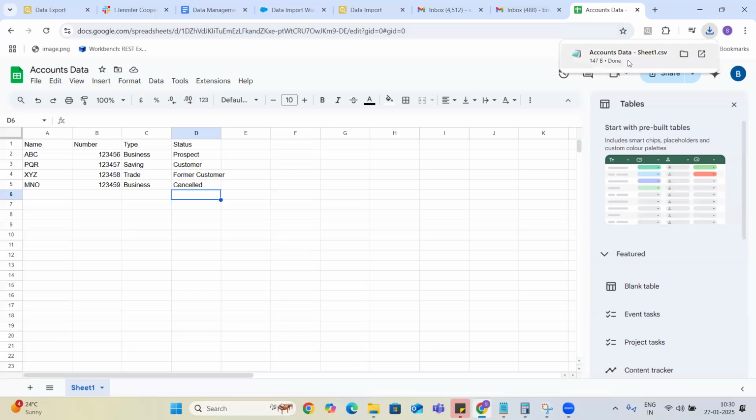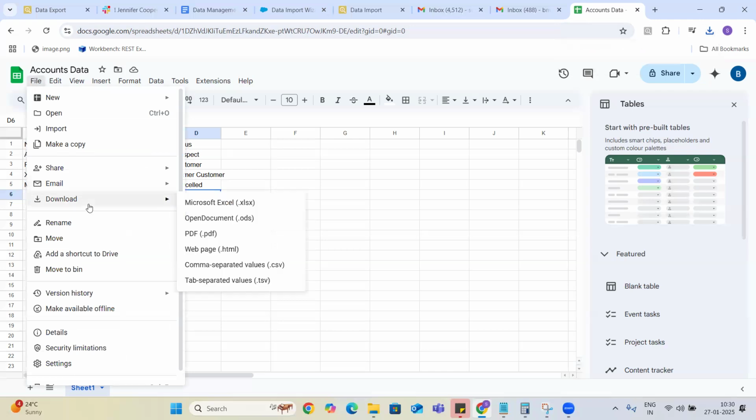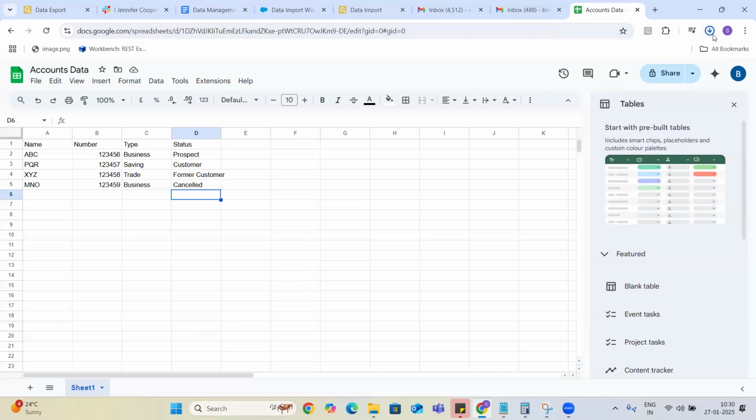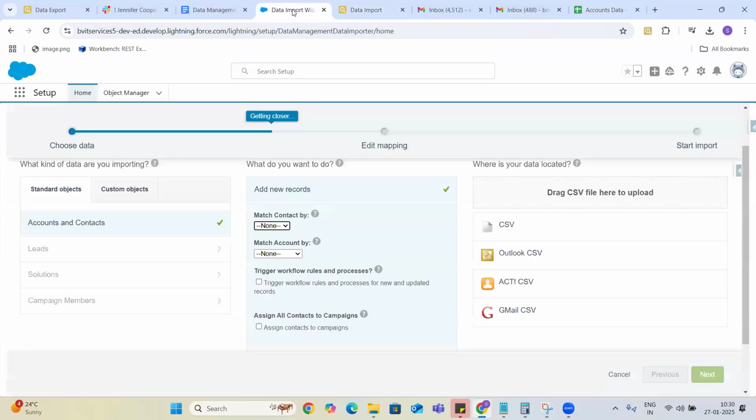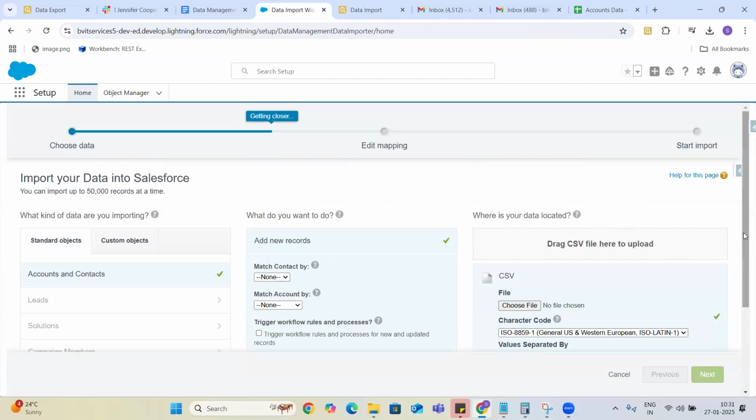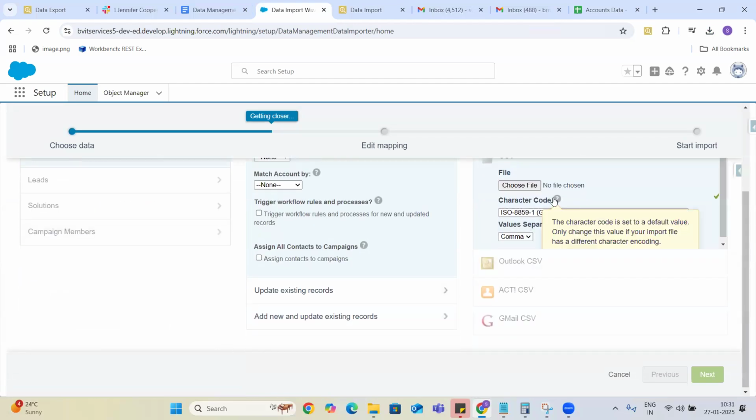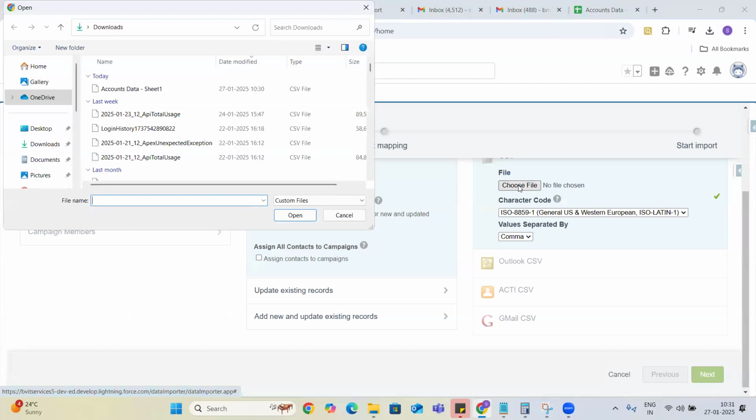Okay, so this is something I have saved in a CSV file, and I'm also downloading it as an Excel file. There are two things in my downloads: one is an Excel file and another one is CSV. In the data import wizard, there's no way that you can use the Excel. You have to select the CSV file. So we are going to download a file as CSV, and then we are going to select the file,